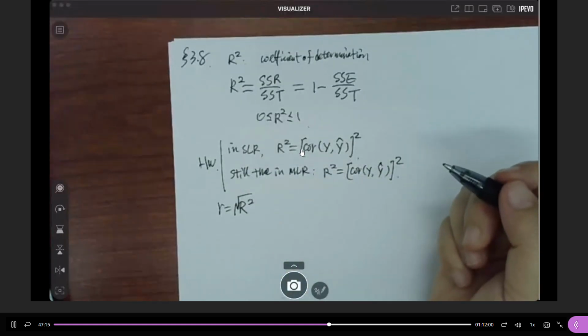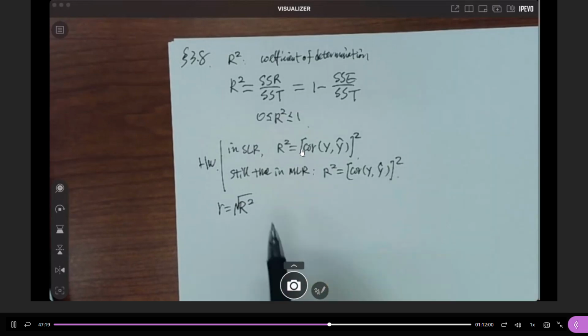Okay. Multiply by what? So in this case,